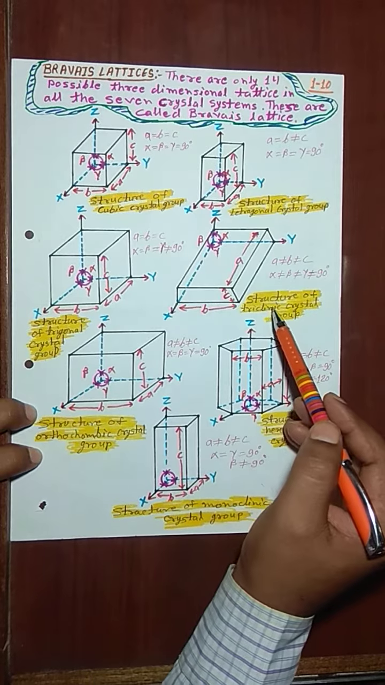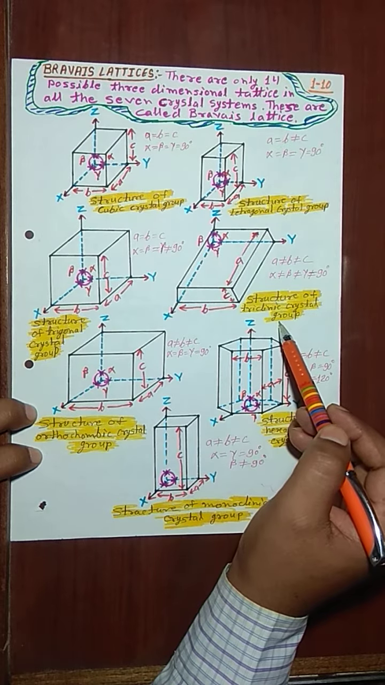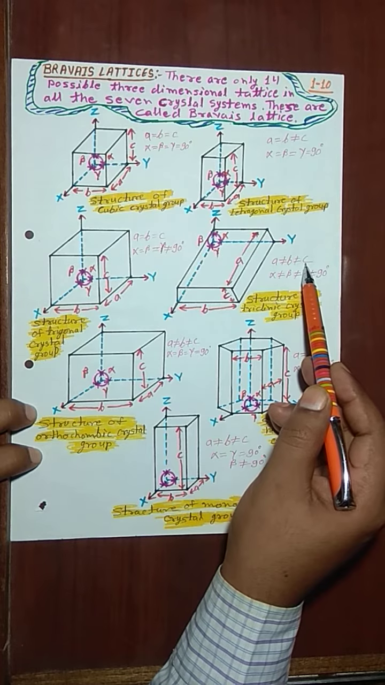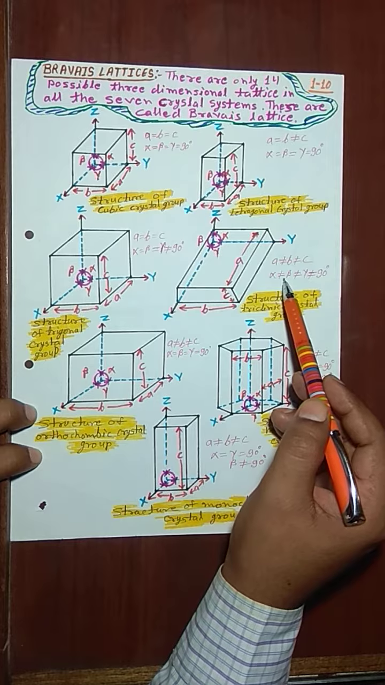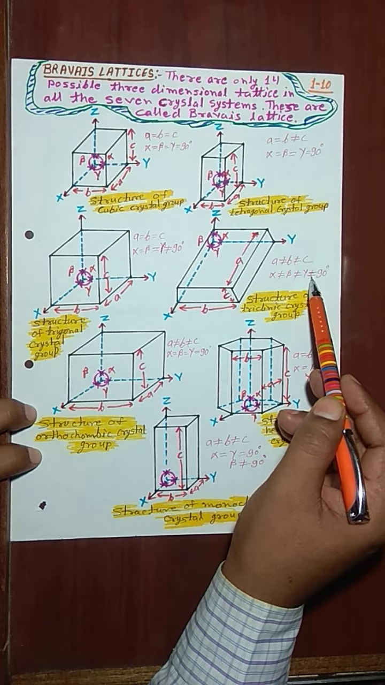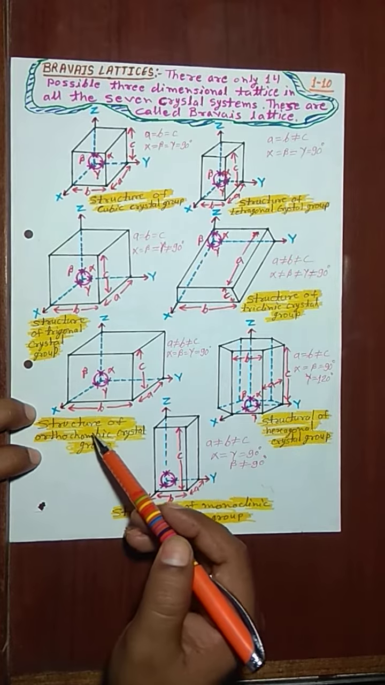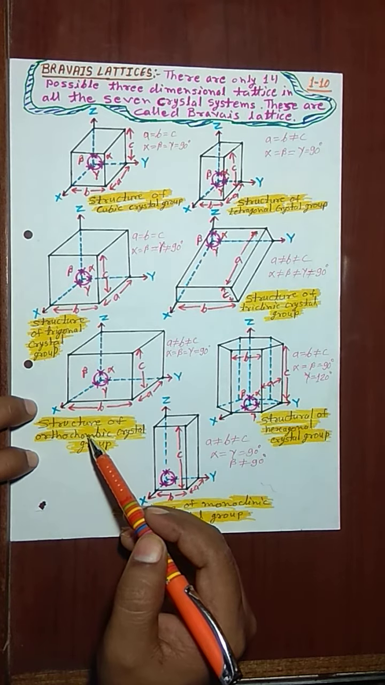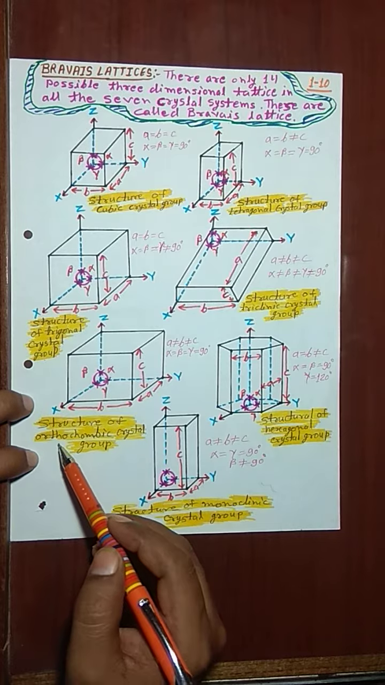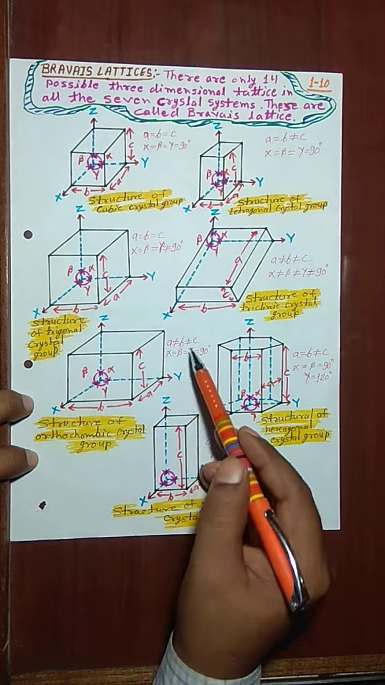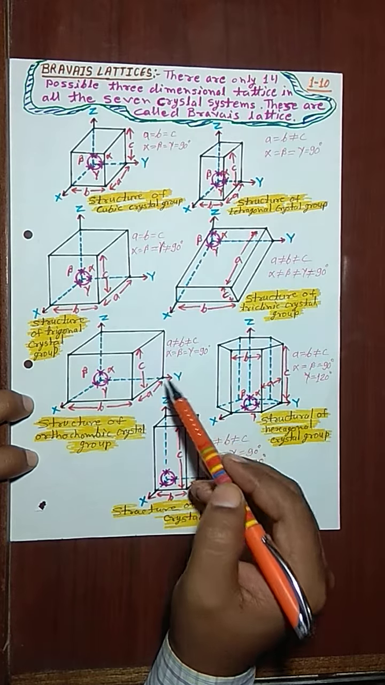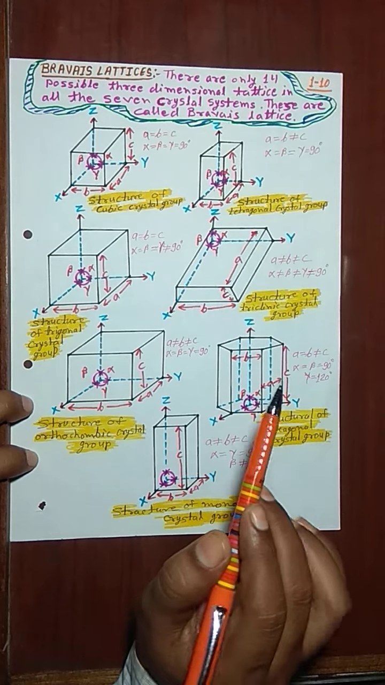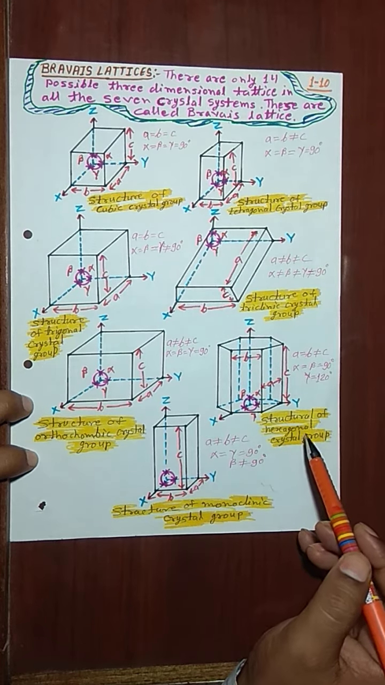correct? And this is triclinic crystal group, in which A is not equal to B and B is not equal to C, and alpha not equal to beta not equal to gamma not equal to 90 degrees. And next, the fifth type of crystal system is orthorhombic crystal group, in which A is not equal to B is not equal to C, and alpha is equal to beta is equal to gamma is equal to 90 degrees, correct? And sixth type of